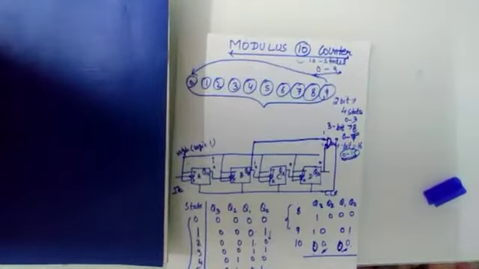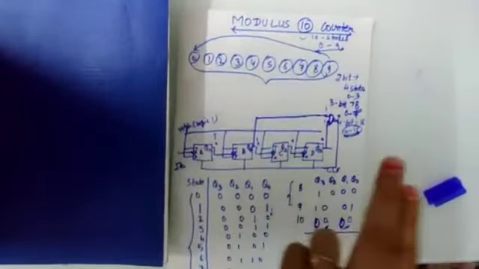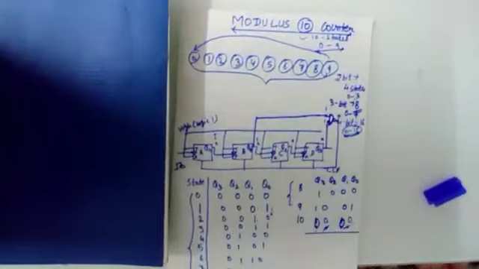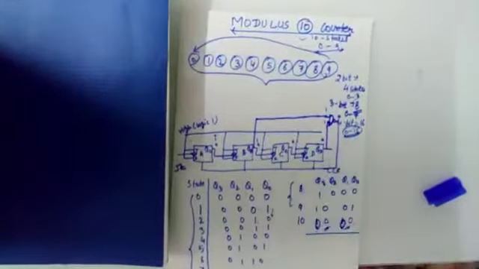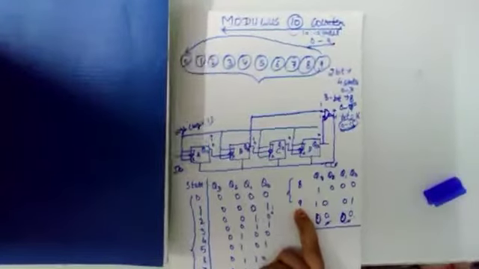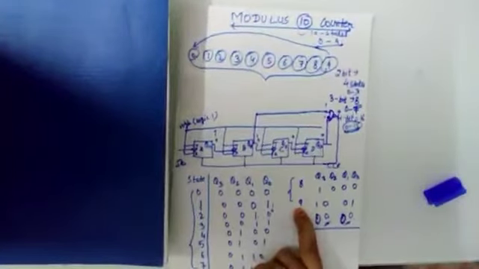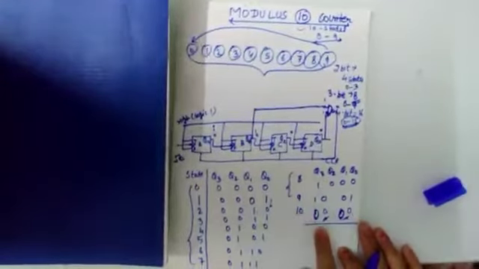First, check how many flip-flops you have to take, like for mod 10. For this, at least you need 4 flip-flops, so that it will have a total of 16 states, with 10 coming in between. Now what we want is that instead of counting from 0 to 15, it stops the counting after 10 pulses. And how can we achieve it? After 10 pulses, what will the output ideally be? It's 1 0 1 0.